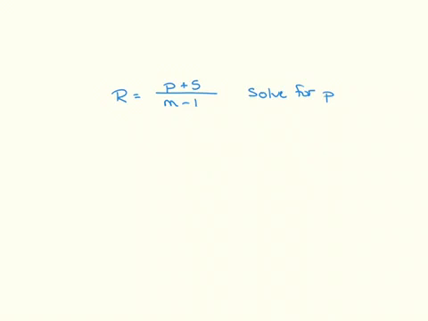Okay, here's another one for p. One of the ways to think about this one is we can think about it like a proportion. So let me look at it as r over 1 equals p plus 5 over m minus 1. And when we solve a proportion, basically two fractions equal to each other, we can cross multiply. So this would become r times m minus 1